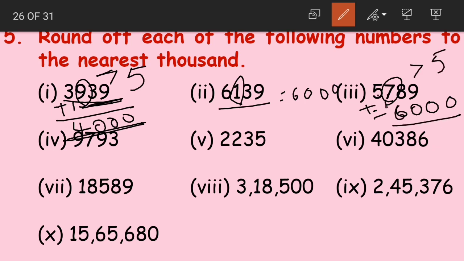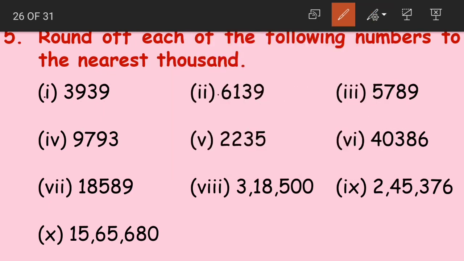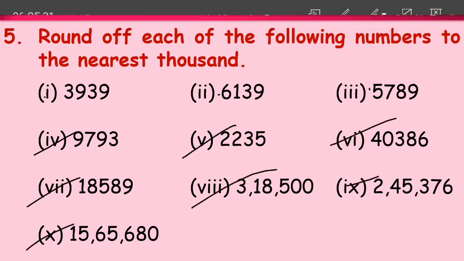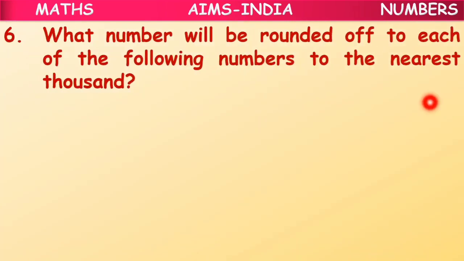No, yes, 5 plus 1 becomes 6000. Okay, students, I solved question number 1, 2 and 3. Try solving 4, 5, 6, 7, 8, 9 and 10 for your homework. You can pause the video, take a screenshot, or simply pause it and write it down in your notes and solve the answers. I am expecting correct answers and will discuss the answers tomorrow.